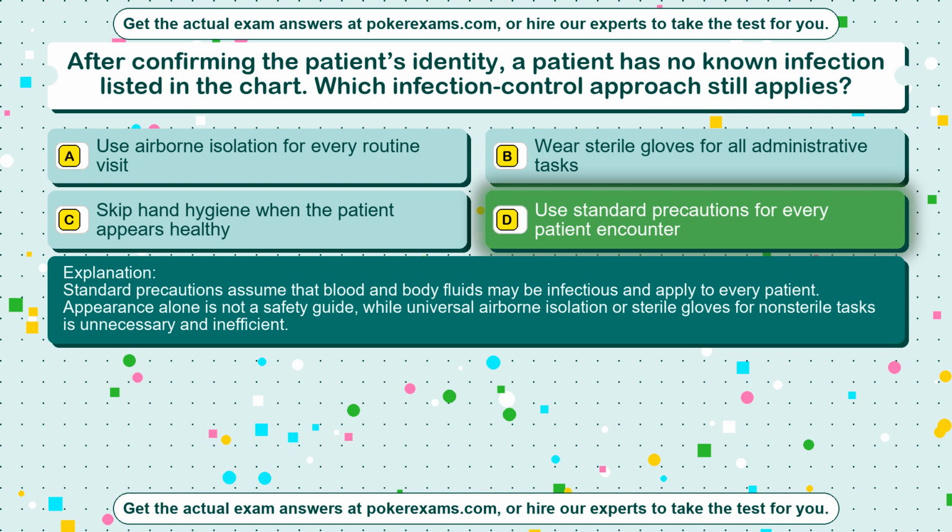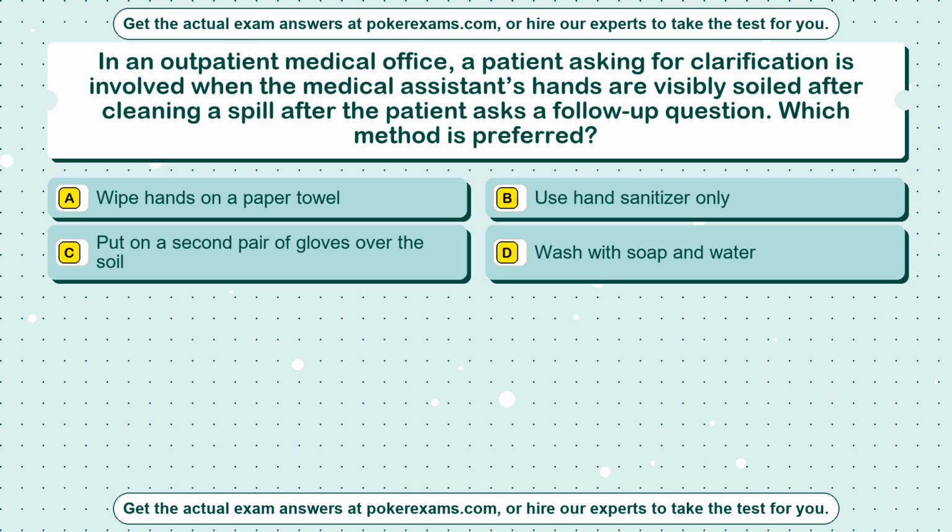Standard precautions assume that blood and body fluids may be infectious and apply to every patient. Appearance alone is not a safety guide, while universal airborne isolation or sterile gloves for non-sterile tasks is unnecessary and inefficient. Question 79. In an outpatient medical office, a patient asking for clarification is involved when the medical assistant's hands